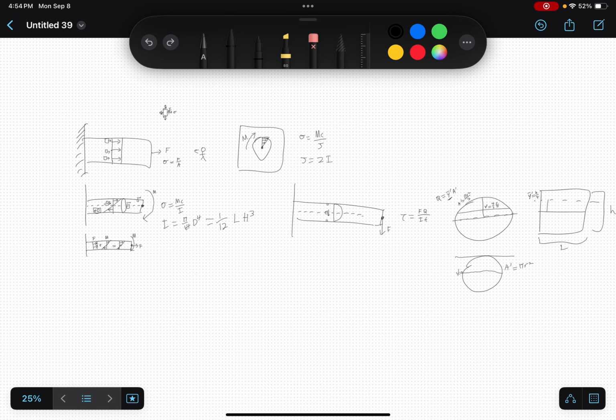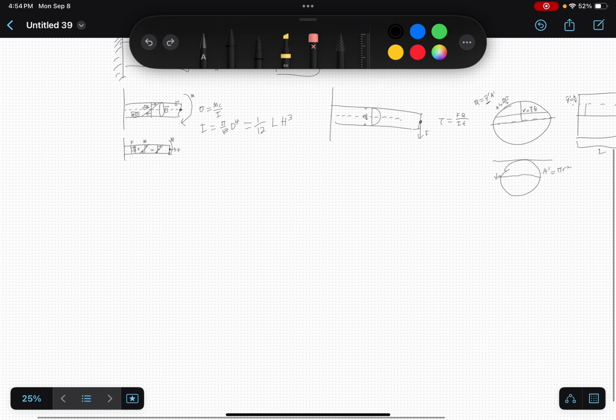So those are the 4 main normal and shear stresses. Next is deformation, and then next is Mohr's circle. Okay, so for deformation, I'm kind of rushing through this a bit because I gotta go in an hour. All right, for deformation,